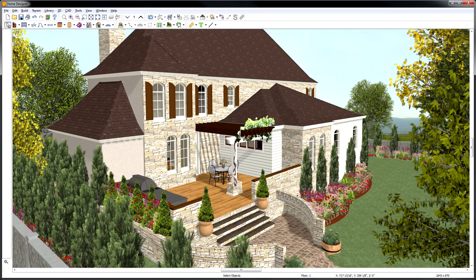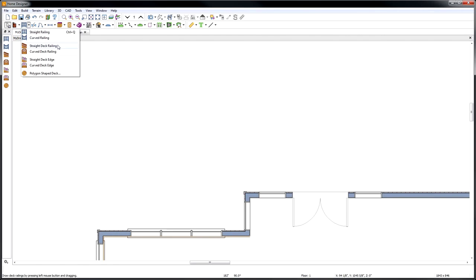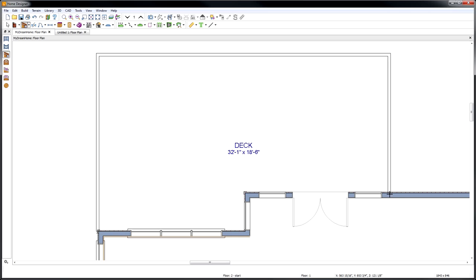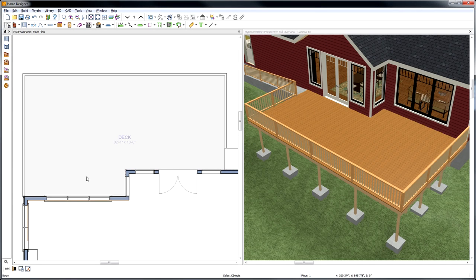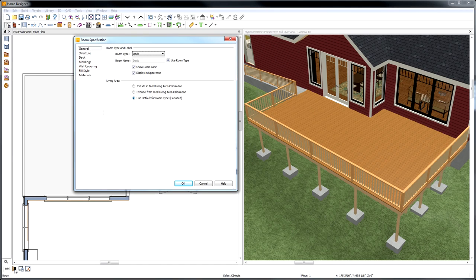Now that the site plan and landscaping are completed, there is one final element to add: a deck. Using the deck railing tool, draw the shape of the deck. Once the area is enclosed, notice that a deck room label has been created. In a 3D view, we can see that the deck has been automatically generated with a railing, foundation support, and